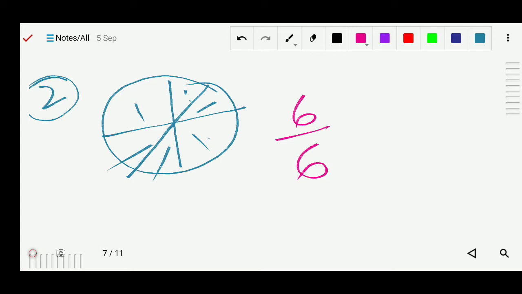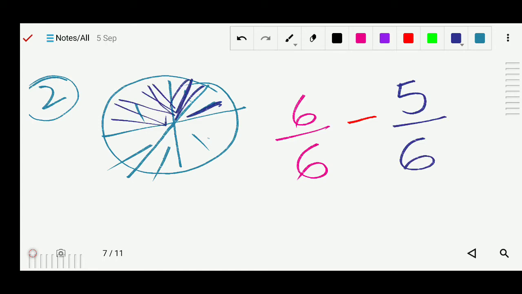Now after that, how much did they eat? What they ate is finished, so minus. What is the portion they had finished? That is 5/6. 5/6 you write like this, 5 and 6. So total how many parts did they eat? It's 5 parts: 1 part, 2, 3, 4, and 5 part. So what is the remaining? The remaining was only 1. So total it was 6 by 6, and they ate 5 by 6.